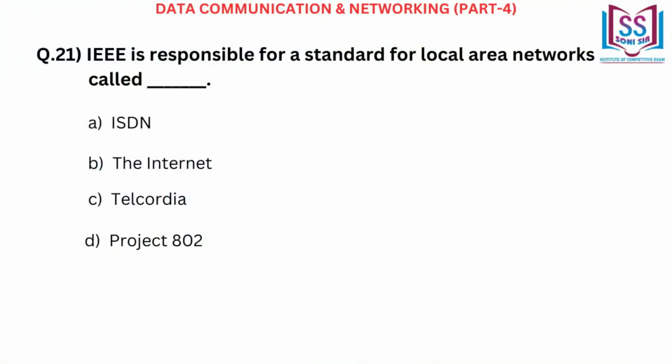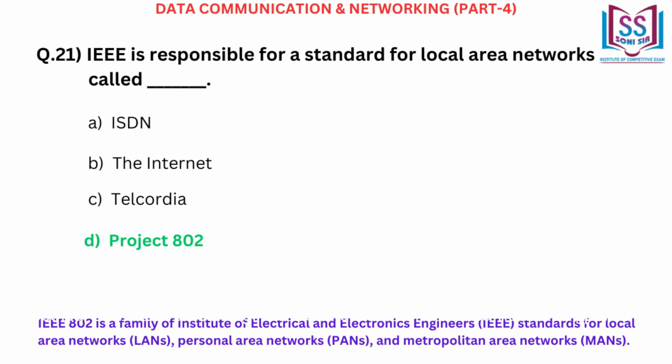IEEE is responsible for a standard for local area networks called dash. A. ISDN. B. The Internet. C. Telcordia. D. Project 802. Correct answer D. Project 802. IEEE 802 is a family of Institute of Electrical and Electronics Engineers standards for local area networks, personal area networks,